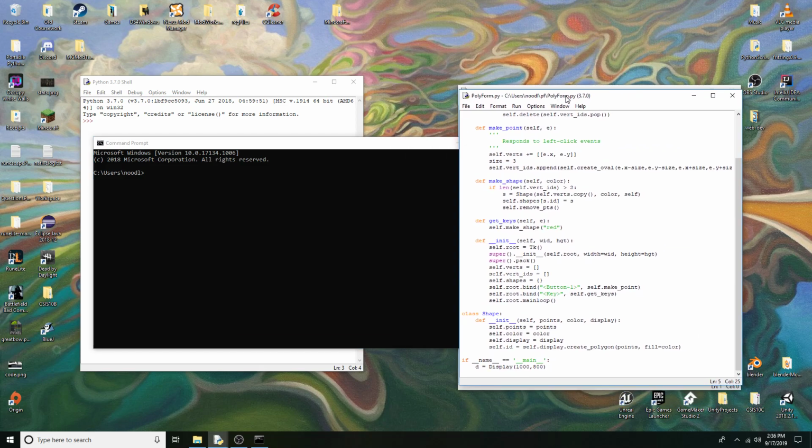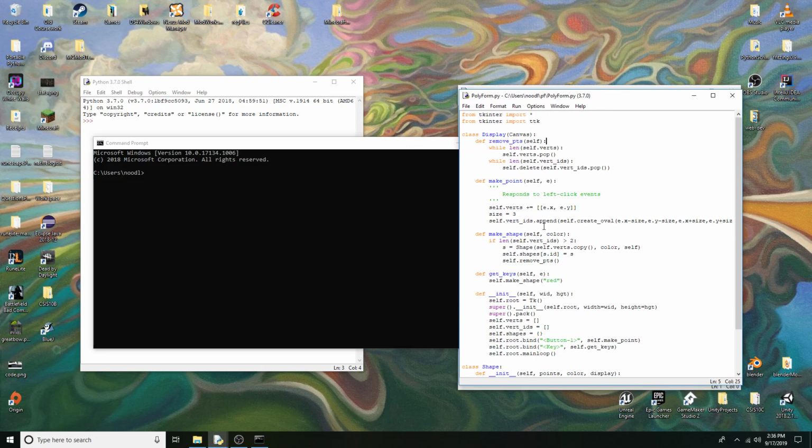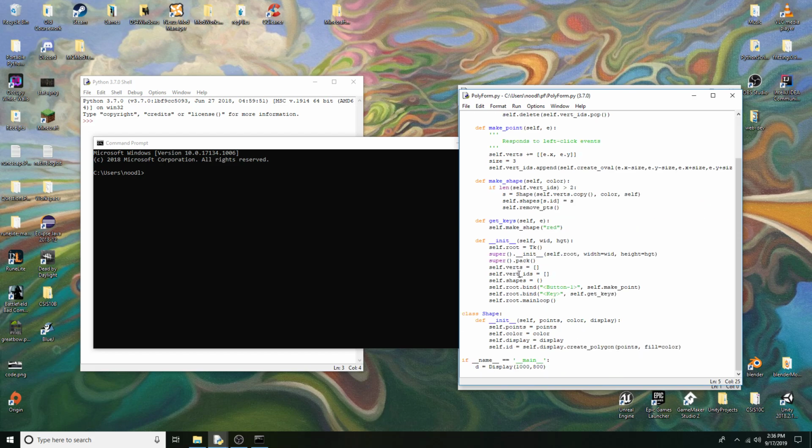Today I want to get some of these shapes so we can make them in different colors depending on what key we press. And then I want to get some functionality to be able to select which ones we want to manipulate and then get them moving around. And then eventually in some later videos we'll get them rotating and scaling and doing all sorts of cool stuff with them. But for right now,